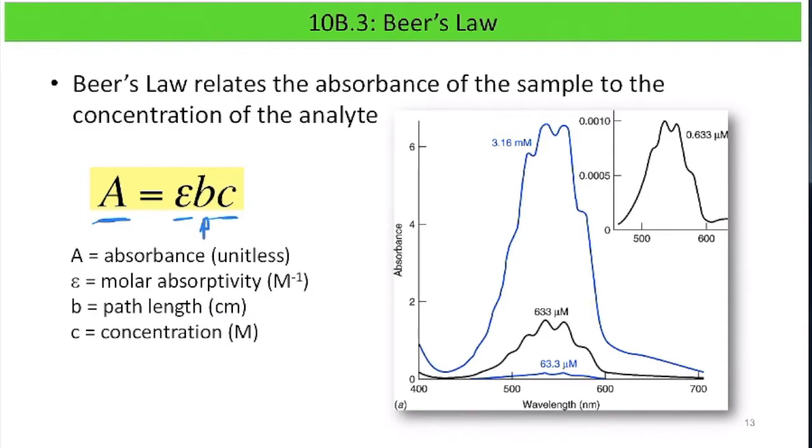So if you've done one of the spectroscopy labs in lab, the iron vitamin lab or the copper EDTA lab, notice that you were using little cuvettes for your sample, and the width of that cuvette represents the length that the light has to travel through in order to get from one side of it to the other. So in most cases, it's going to be 1 centimeter. In lab, that's what it is, because each of those cuvettes is 1 centimeter square. But it can be any other value. It can be less than a centimeter, it could be bigger than a centimeter, and it depends on the dimensions